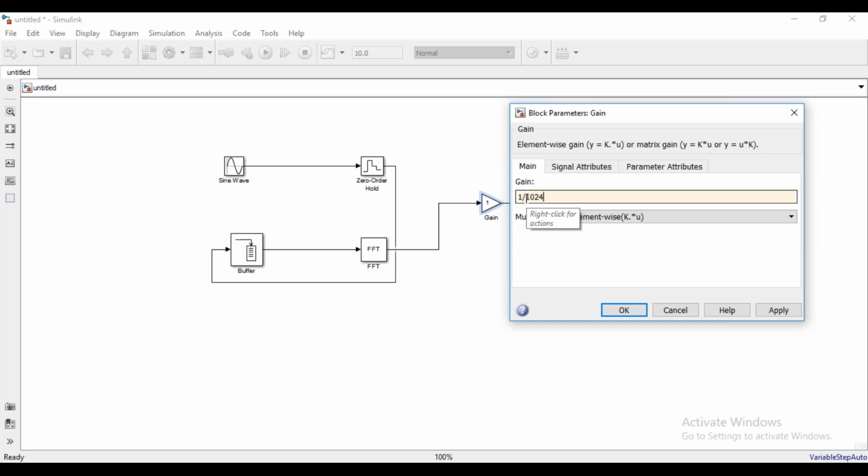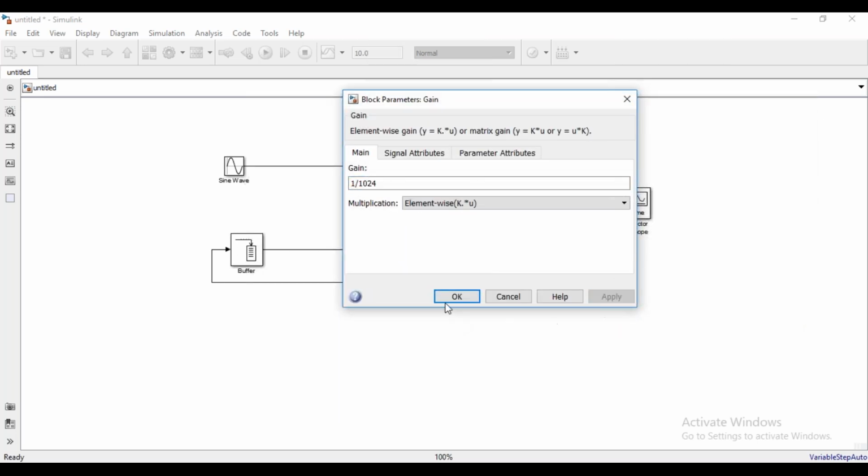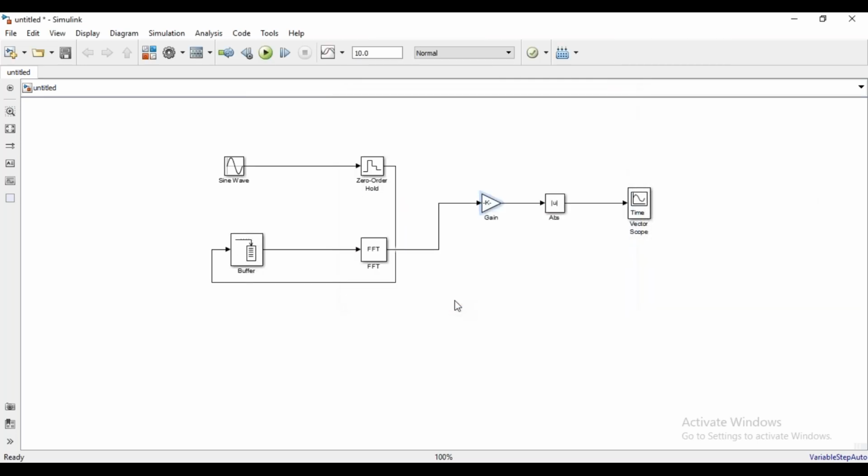Whatever buffer size you're taking there, just divide by it over here, just to nullify that. The buffer is introduced in order to give some propagation delay to the samples which are generated by the zero order hold. Okay, so that's why, then you say apply and okay. So gain is also done, right? So ABS will perform its basic function.